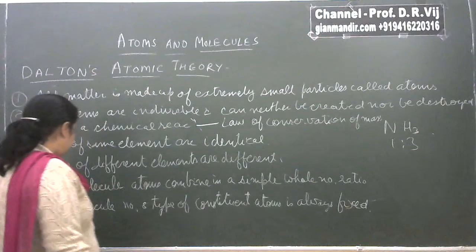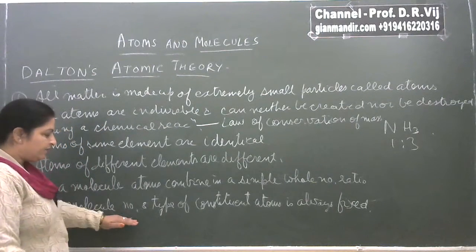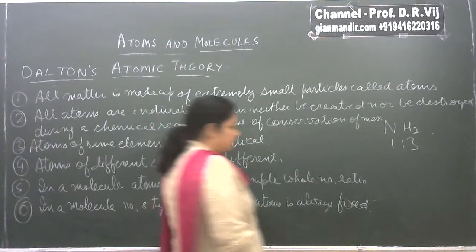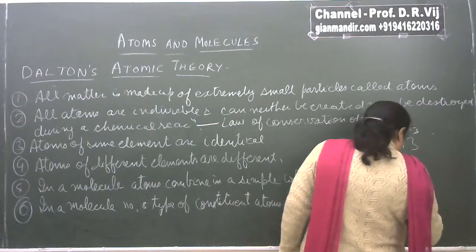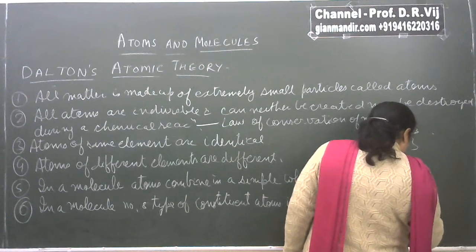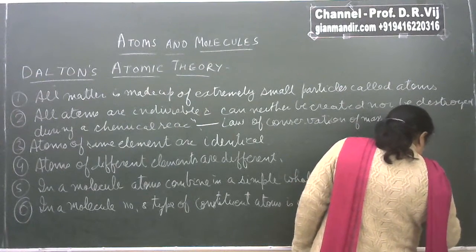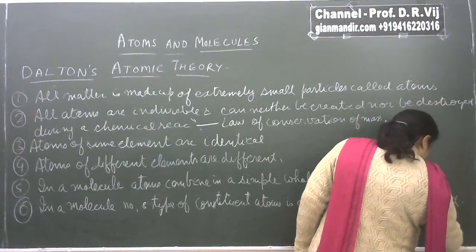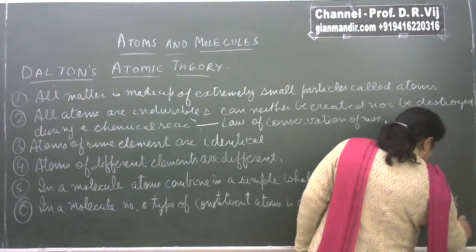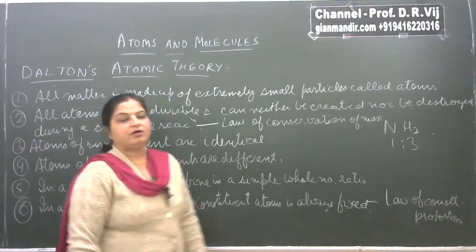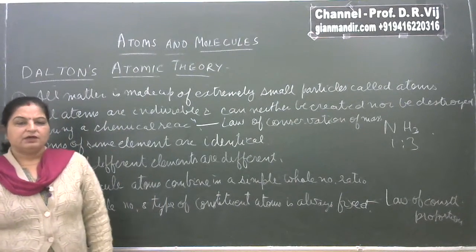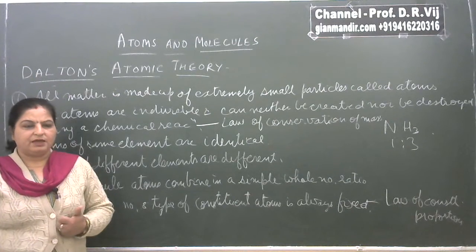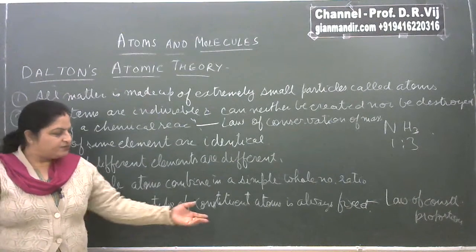Then look at the last postulate. In a given molecule, the number and type of constituent atoms is always fixed. So this of course gives you the explanation for the law of constant proportion or definite composition. The same was said in the law of constant proportion, that in a given compound the same type of elements combine in a definite ratio by mass, and the same is explained